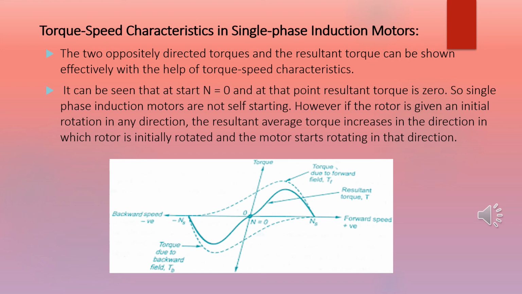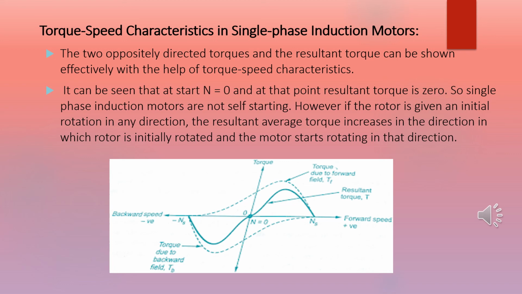It can be seen that when n is equal to 0 at start, meaning speed is 0, the resultant torque is also 0. So single phase induction motors are not self-starting. They require some form of external supply. So when the rotor is given an initial rotation in any direction, the resultant torque will increase in the direction in which the rotor is initially rotated. Because of this, the motor will start in